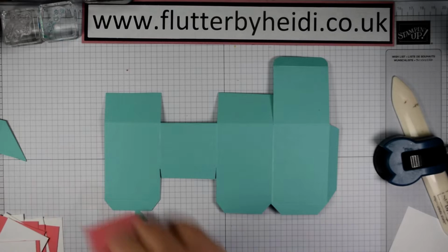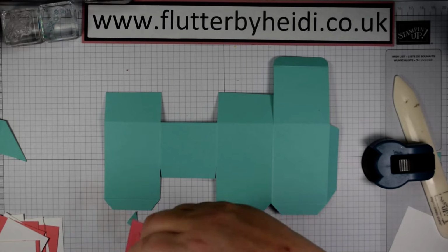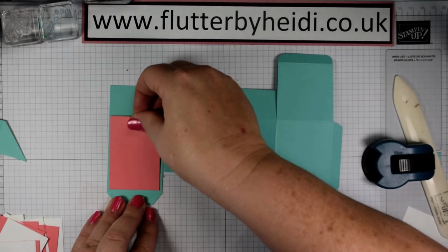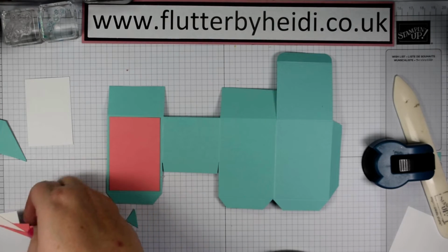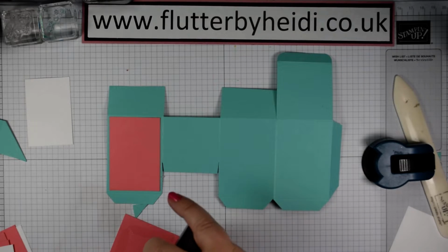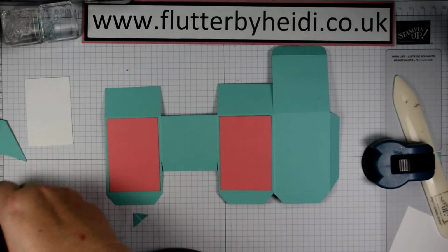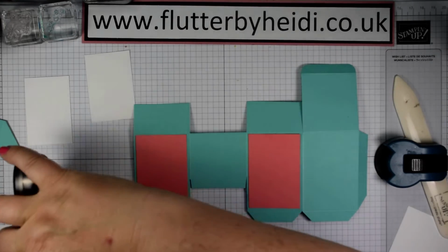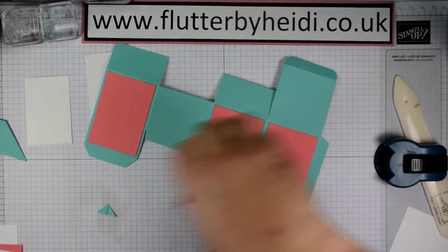We're now going to pop our panels on. The sides there. That's for stamping. Second panel for stamping, and a third panel. Add on your layers for the top,